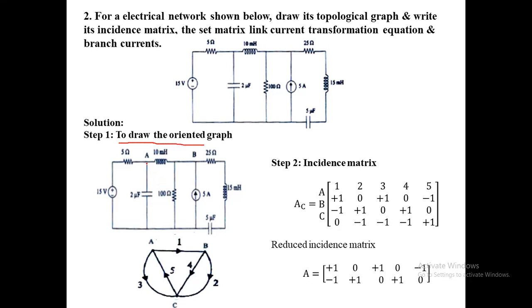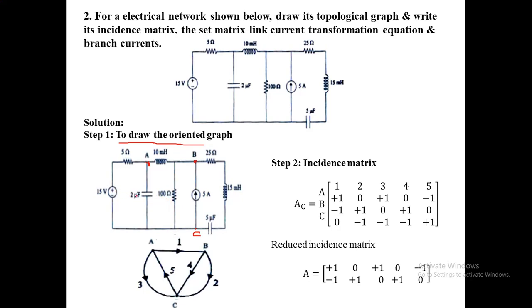First we have to mark the nodes of this circuit. First we mark this as node A. Why I didn't mark this as node A: these two are connected in series, so we have to consider this as a single branch. For that I have marked this as node A, and next the end of the inductance I mark as node B. Here in node B, this inductance, resistance, current source and this resistance are connected at the same point. For that I have marked this as node B. And then these three components are connected in series. Here I have marked this as node C. This is the ground connection.